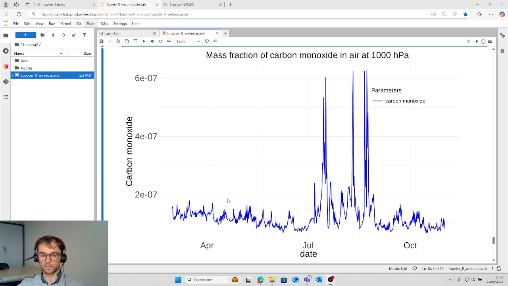So it is clear that the concentration of carbon monoxide during this period is significantly higher than the rest of the year. So it is a real impact of the fires on air quality.